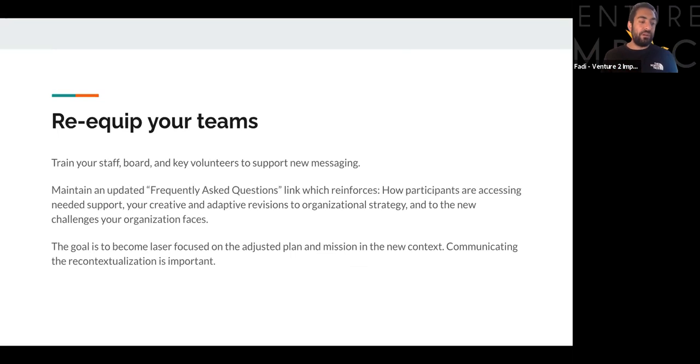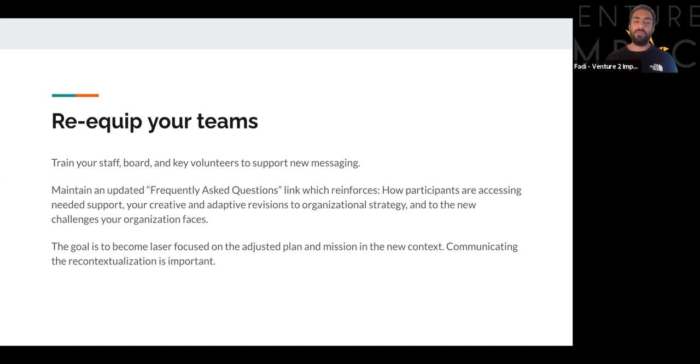Additionally here, you want to really make sure that you invest in re-equipping your team. The last thing that you want, as an executive, as a fundraiser, as a staff member working on this project, is to be talking to your community, your stakeholders, your volunteers and partners about your new direction and where you're taking the organization and how you're realigning your mission